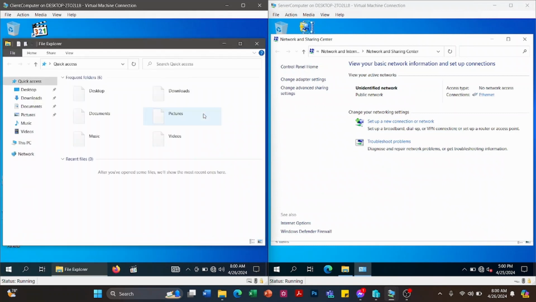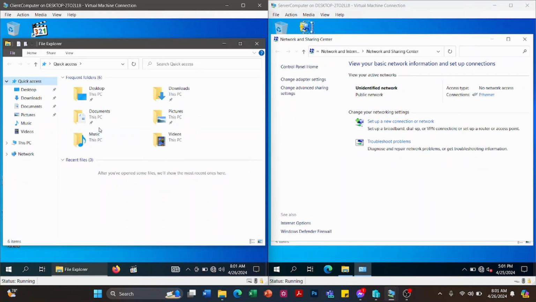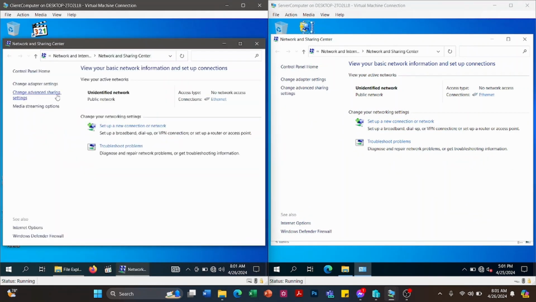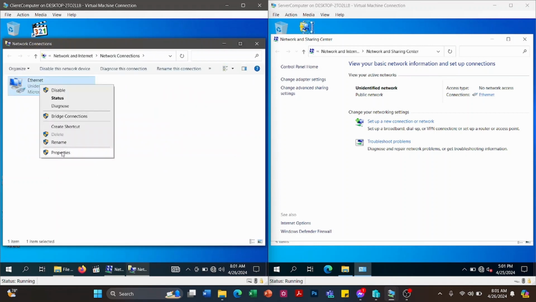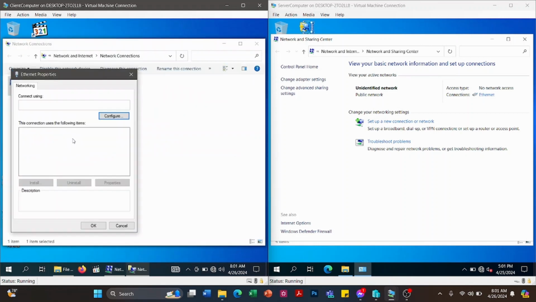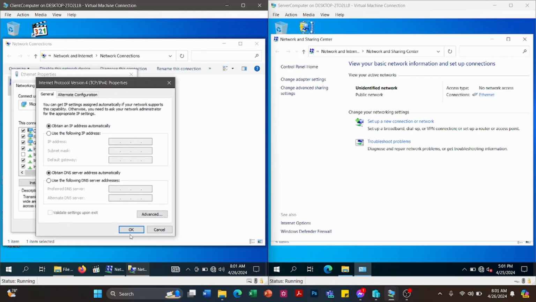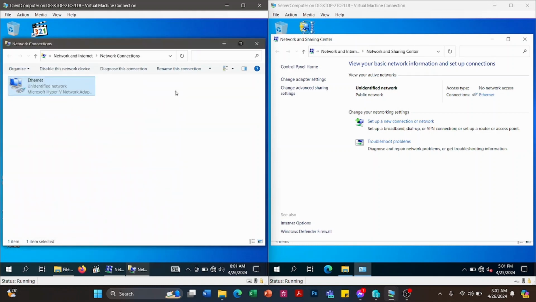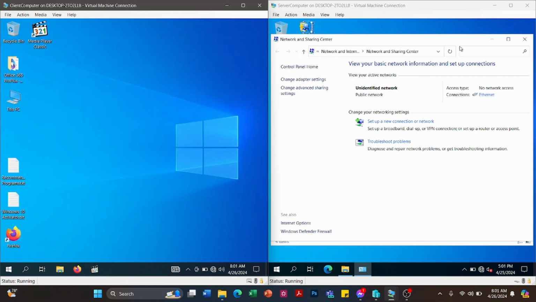Let's also make sure that the network configuration of the client computer is in obtain mode. Right click the Ethernet properties, then IPv4. By default it also has Obtain an IP address automatically selected. So just leave it like that, click OK, then close the windows.